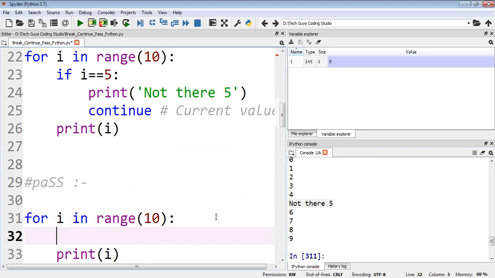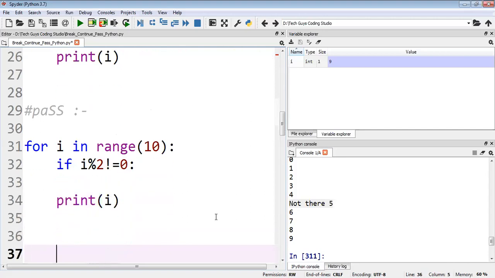For example, I just want some values in the range 1 to 10. I have taken the number 10. Now I'm checking a condition for the odd numbers: if i modulus 2 not equal to 0, then we need to